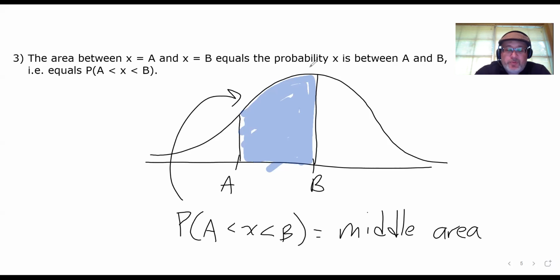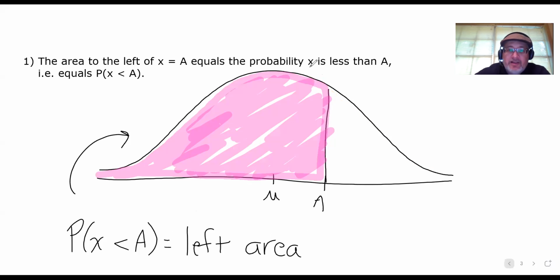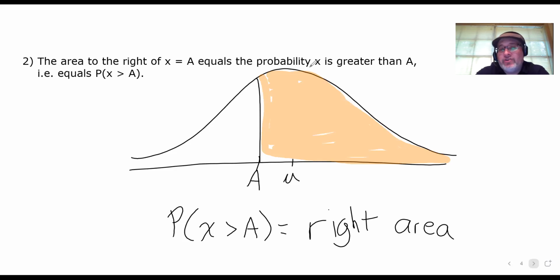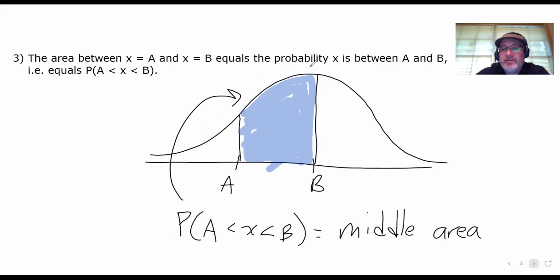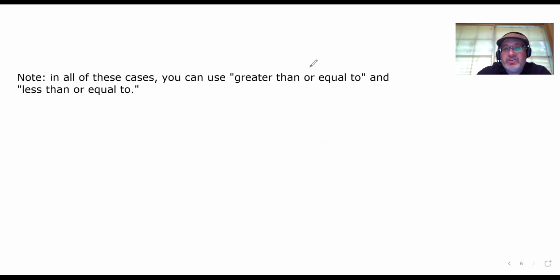So from a visual perspective, that's what areas under bell curves mean. Left areas give you the probability that you are less than a value, whatever the boundary is separating that left area. Right areas tell you the probability that you're greater than a certain value. Middle areas tell you the probability that you're between two values. One last comment. In all of these cases, you can use greater than or equal to and less than or equal to. In other words, if I were to draw this picture,